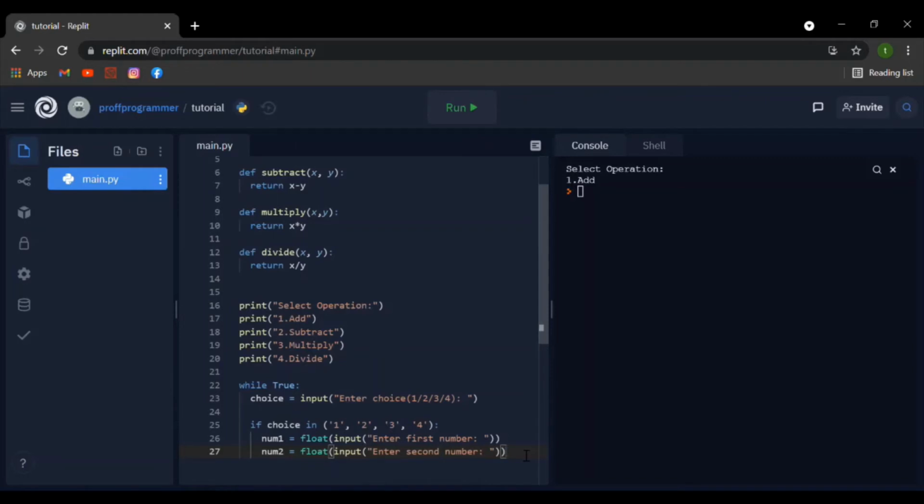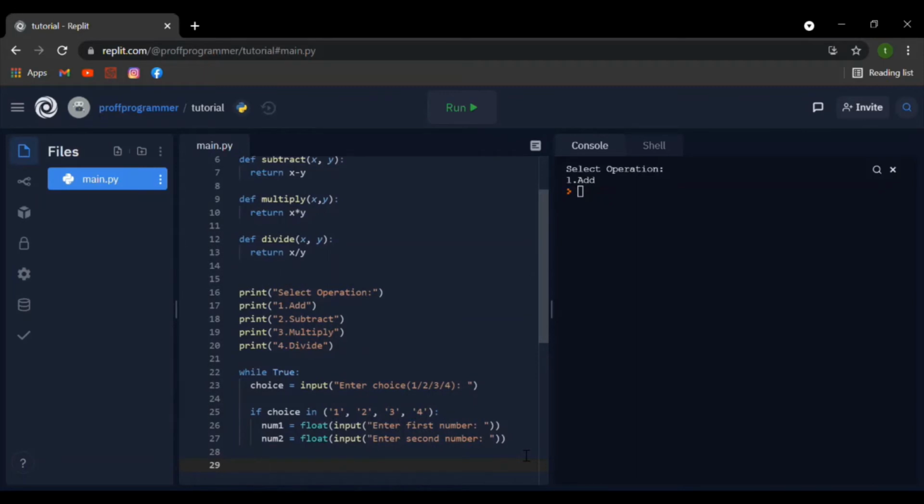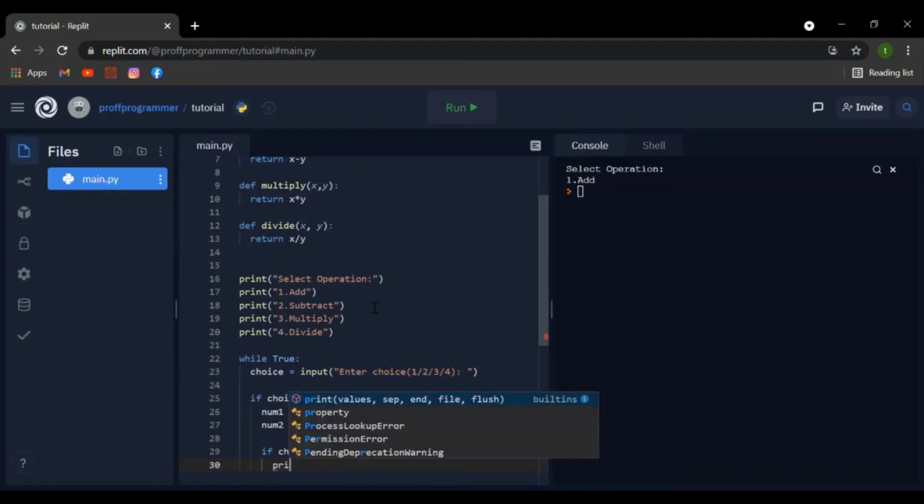Now I'm going to add a bit more if statements, and this is actually going to analyze the inputs of the user and carry out the different functions accordingly. So I'm going to say if choice is equal to 1, which is the addition, I'm going to say print